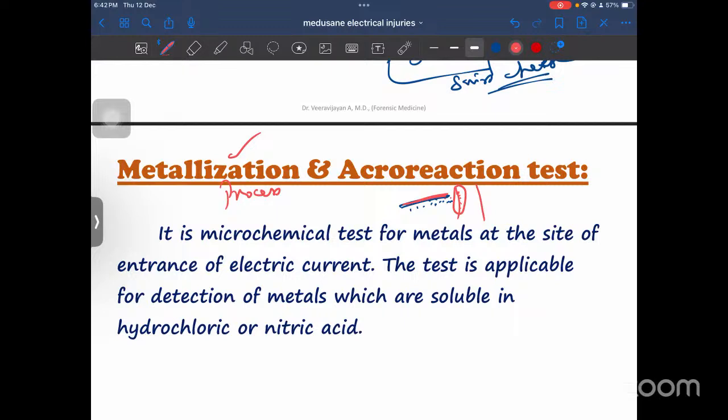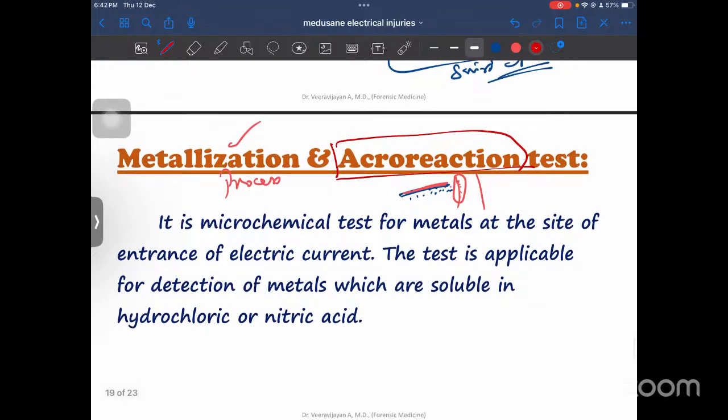The test to detect metallization is the acroreaction test. The acroreaction test is a microchemical test to detect the metal at the site of entrance of electric current. This is acroreaction. So we have to remember what is metallization and